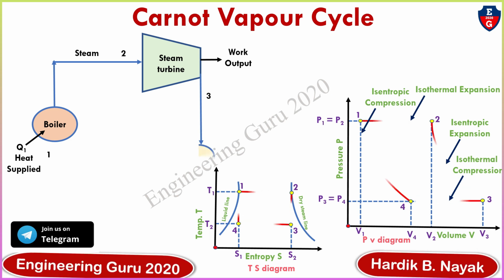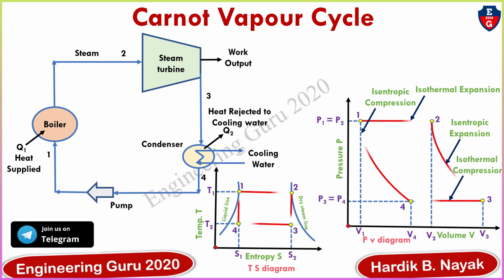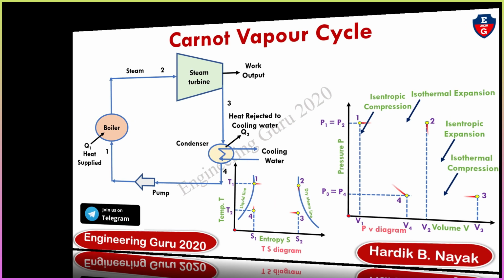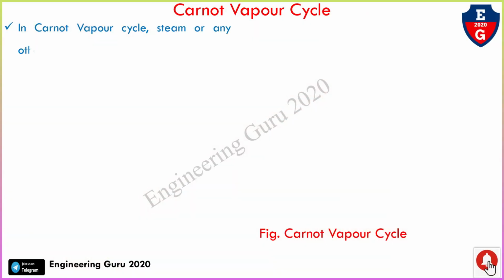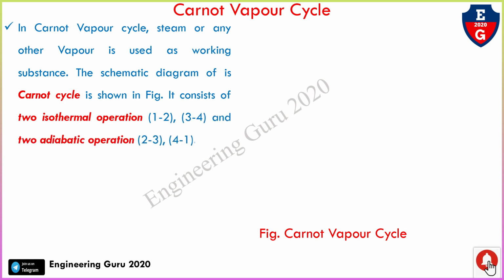In this video, I will cover the Carnot vapour cycle and also explain the various processes of the Carnot cycle and the limitations of Carnot. Let's see one by one. Carnot vapour cycle: in the Carnot vapour cycle, steam or any other vapor is used as a working substance. The schematic diagram of the Carnot cycle is shown in the figure. It consists of